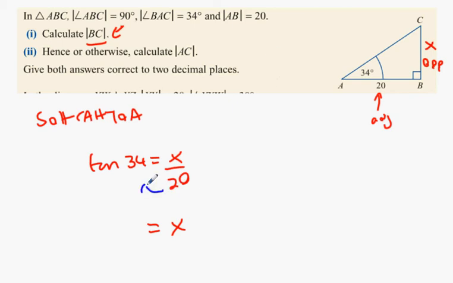So what happens to 20? Turns from divide by 20 into multiply by 20, and what do we get? 13.49 X, okay? Everybody happy enough with that? Now,